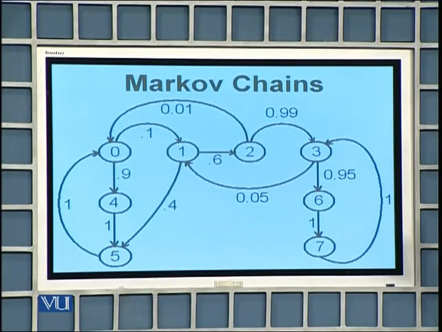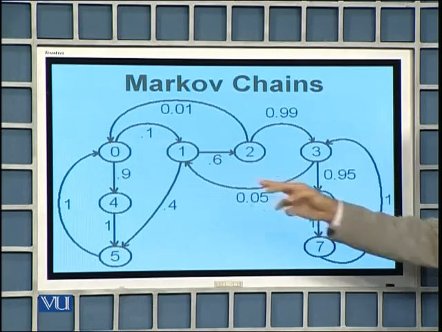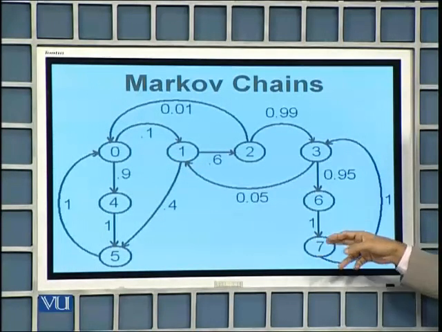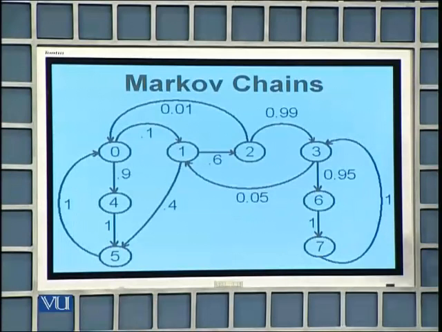You can take its higher powers, and you will see that certainly for the one-step transition probability matrix there will be many zeros. For example, you cannot move from state 0 to state 7 directly in one step. So there will be 0 in the one-step transition probability matrix. But if you take higher powers, then you will get a pattern.